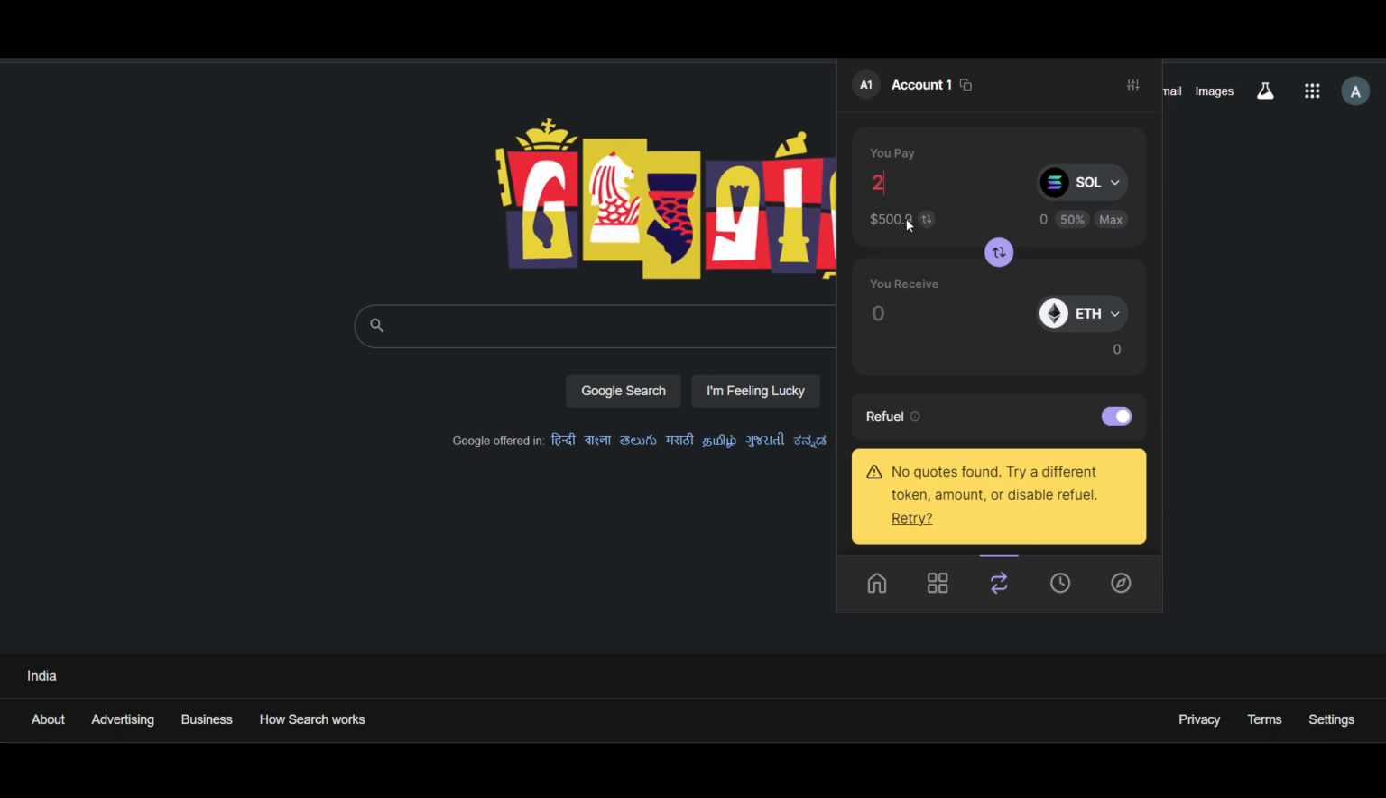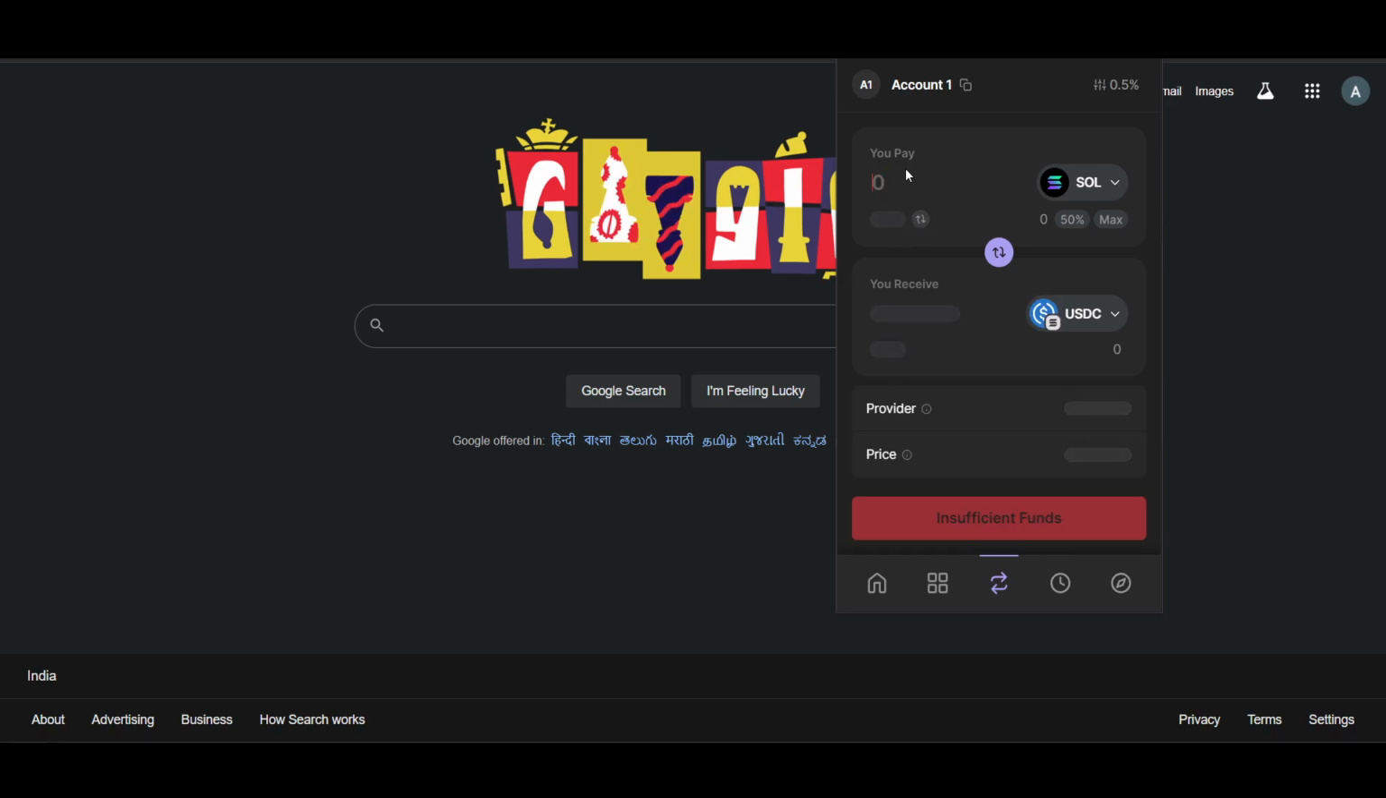Now this is a value, this is around $500. It will show you the exact value here. Now click on review order, right? So here you can see I have insufficient balance, but once you enter the appropriate balance you want to swap